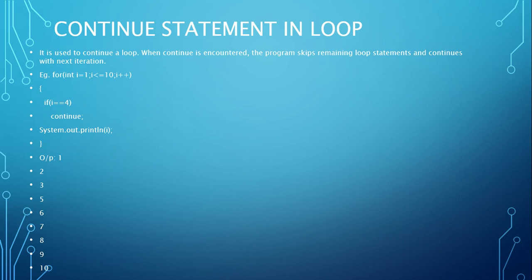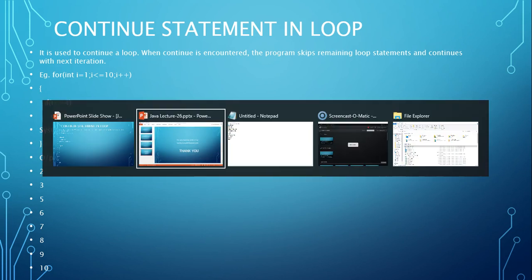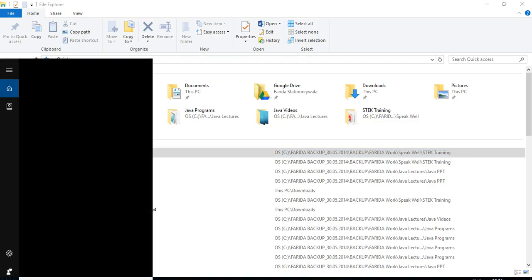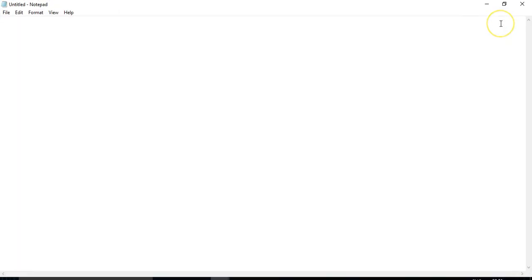Now let us do a program when we are using the break statement. Okay, so I will be writing a program. First of all, we will see the output of these two statements so that you understand them further. Start with a notepad file. I'll call it class practice. Void main. So string arguments. Inside this, let's have a for loop. I is equal to 1, I less than equal to 10, I plus plus,